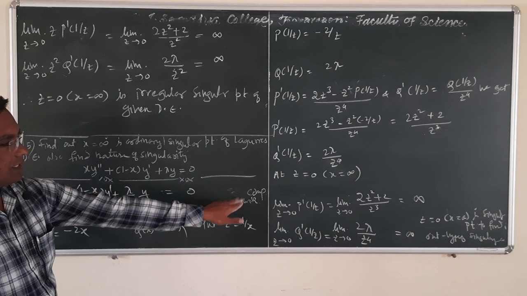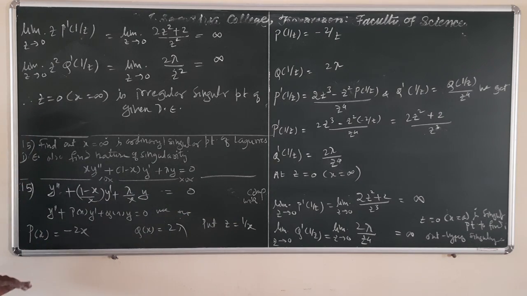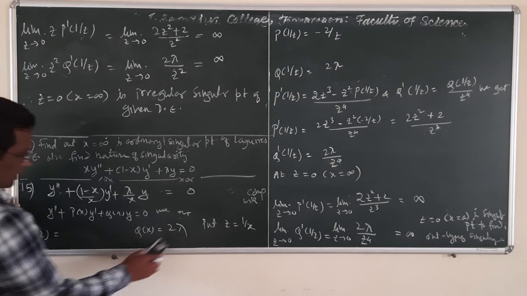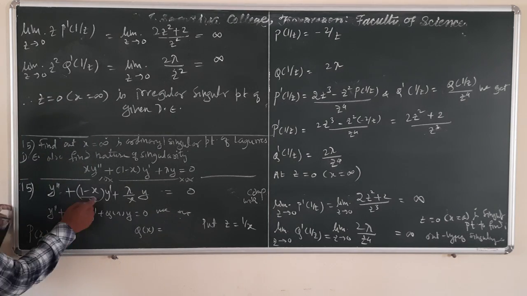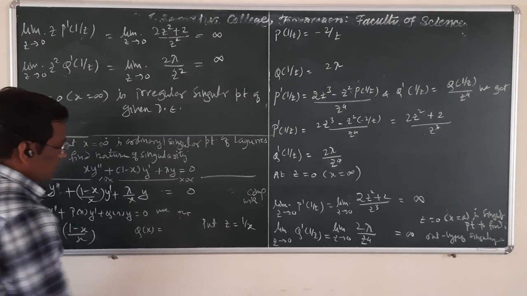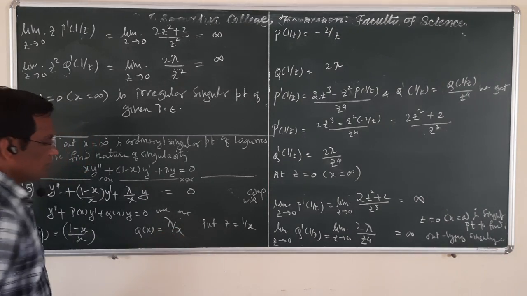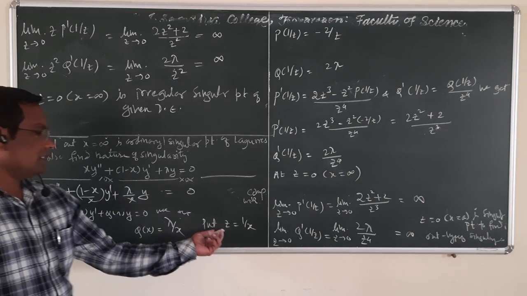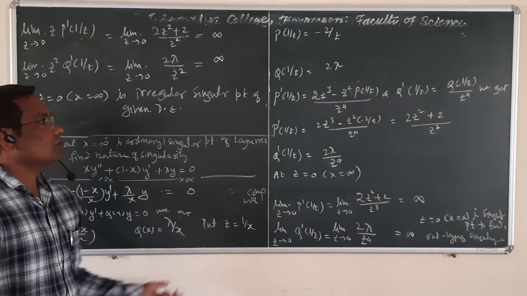Now compare this differential equation with this. We will get p of x as (1 minus x) upon x and q of x as lambda upon x. Now again put z is equal to 1 upon x. So we will get